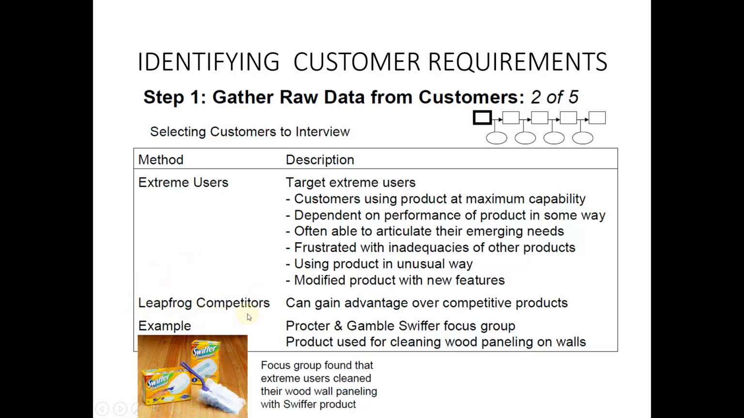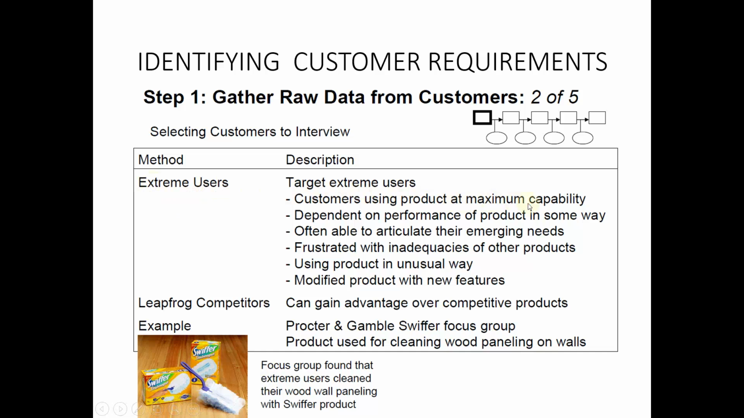Then another method is to leapfrog competitors, in which they can gain advantage over competitive products. Here is an example that is mentioned: the company P&G, that is Procter and Gamble. They have a product known as Swiffer. Swiffer is a product used for cleaning wood paneling on walls. So a focus group was formed for the product, that is the Swiffer focus group. And the Swiffer focus group conducted focus group meetings and found that the extreme users,